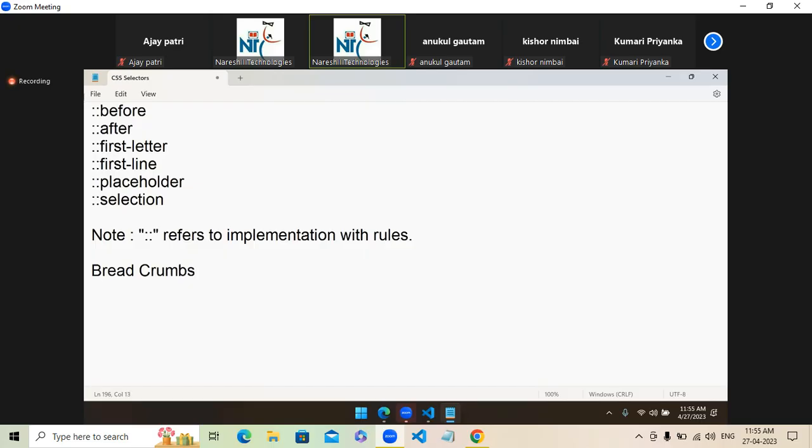Breadcrumbs. Actually, breadcrumbs is a very popular design. In websites, you will see this very regularly. Breadcrumb design, I showed you card design. Similarly, like cards, breadcrumbs are also very famous. Breadcrumbs means, for example, you are doing some